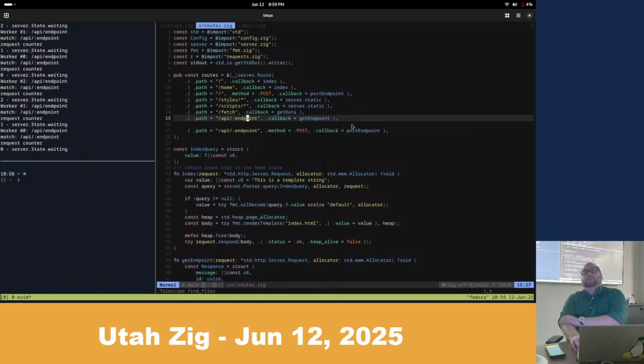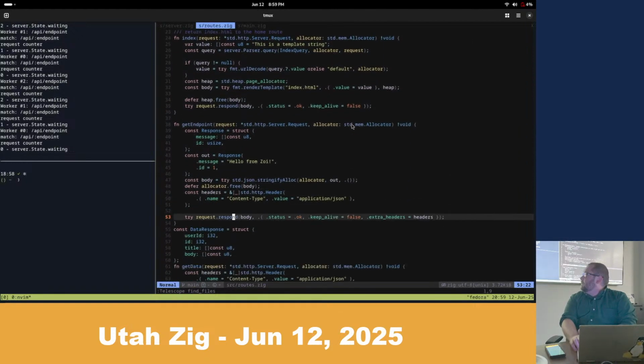So in theory, I should be creating a struct or some kind of array to do that, but I'm not doing that. I'm just saying to ignore this parameter. And then in the actual endpoint, because I'm passing in the request, you can then extract that out. I do have a helper function to extract that as part of the server library, but I'm not passing those in pre-parsed. And really I should be.